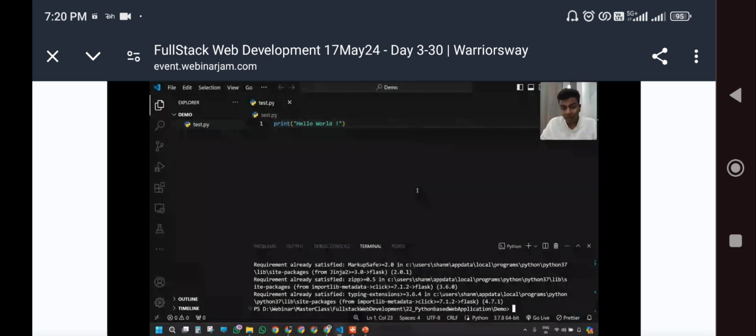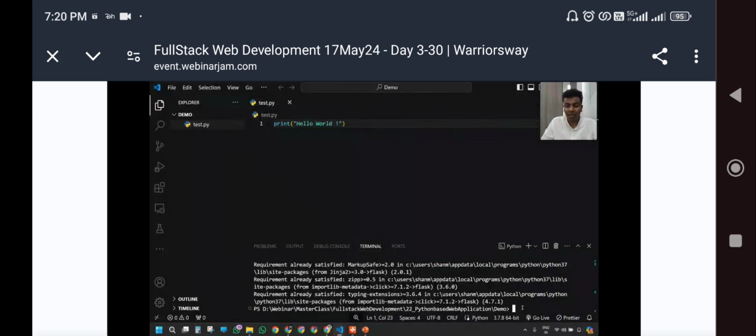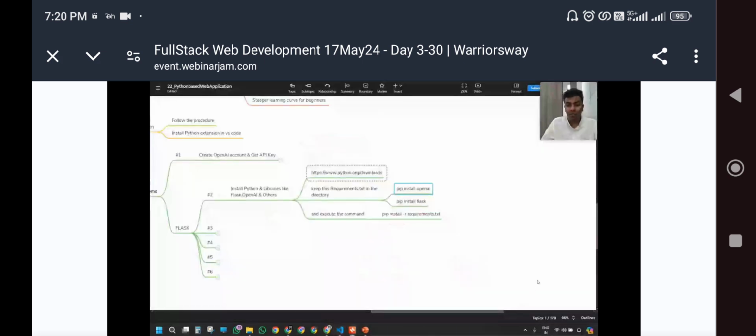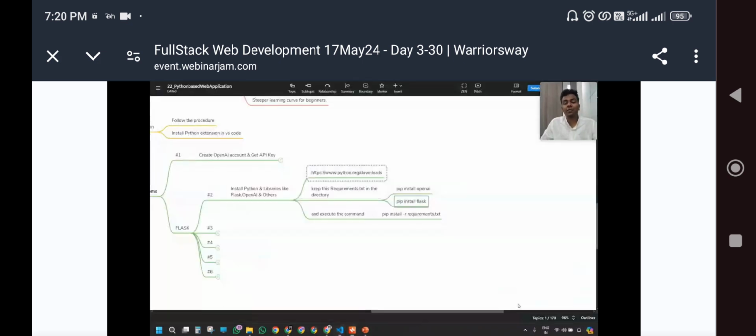Okay, there are two ways. Again, I'm telling you, one way you can install is by copy pasting one by one the command pip install openai. Just type it and hit enter, and make sure your laptop is connected to the internet whenever you are installing this kind of package. And the next command is pip install flask. You just install both things. Once you have installed both, that's it. You guys have got your OpenAI library and Flask library for your Python.